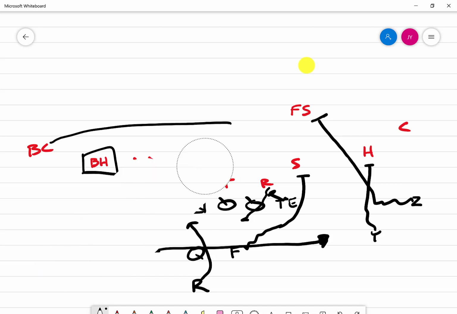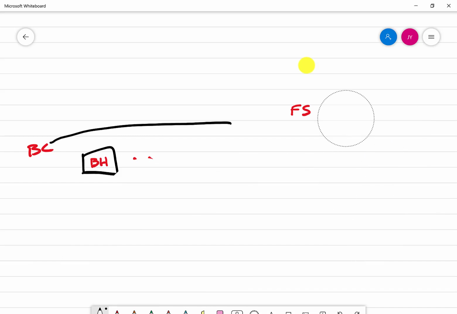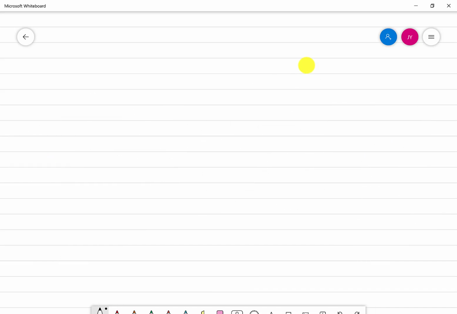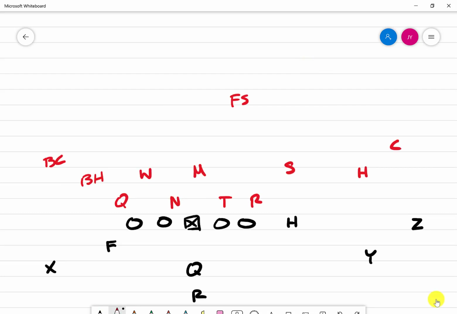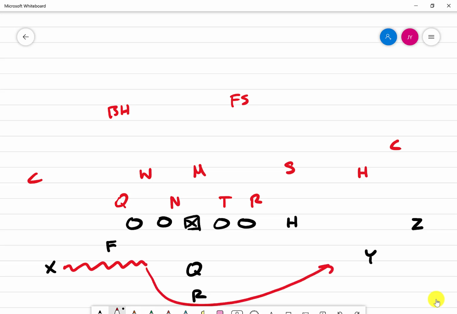So that'd be the simplest thing I'd look at is just your base jet sweep game. And then obviously you can run different run actions with the fake jet sweep. The second thing I'd look at doing while you're trying to attack the field, so you're getting a team that's leaving its resources in the boundary, whether that's they're playing hold, so they can't take the half out of there because he's in there for run support, or even if they're playing some sort of cut look and they're going to rotate. So say when you get that jet sweep or bubble screen action, they're going to rotate down to it. If they're still leaving that corner, lots of different things you could do,